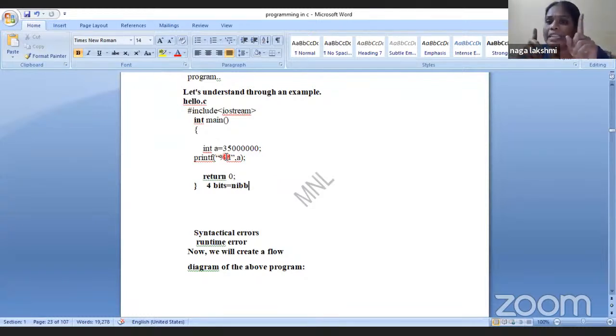I told you int is occupying 2 bytes. Here I am not telling on my own, girls. When they developed the C language, they provided that int means 2 bytes, short int means 2 bytes, long int means 4, long double means 8 bytes. When they were developing this C or C++ language, at that time only they gave it like this.